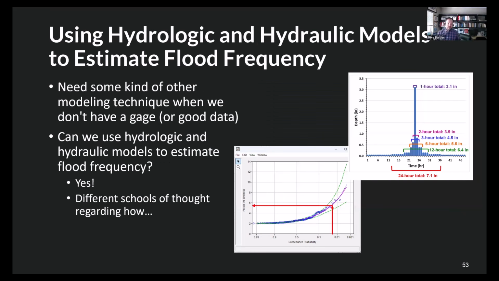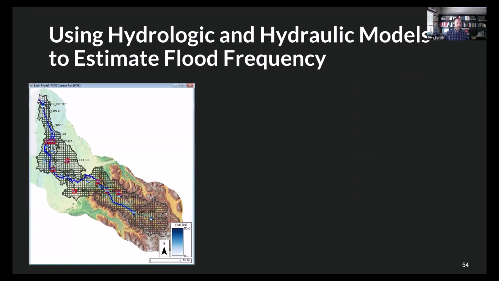I can also tie together hydrologic and hydraulic models to estimate flood frequency. 100%. We do this all the time. There's a lot of different schools of thought on how to do this, though. You can introduce a lot of complexity along the way, or simplifications can introduce limitations as well. We can talk a whole lot about that. But we pull it all together, all the hydrologic modeling concepts I talked about earlier, all the hydraulic modeling concepts I talked about earlier, put them all together, and I can estimate things like